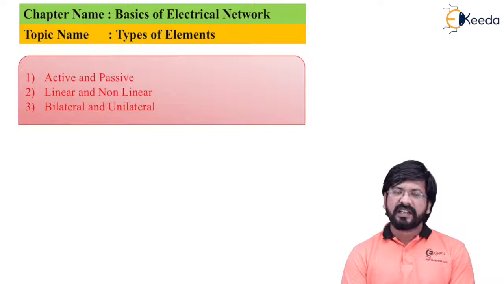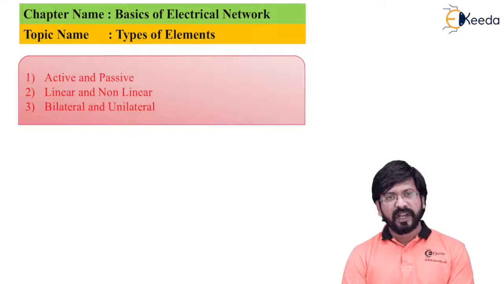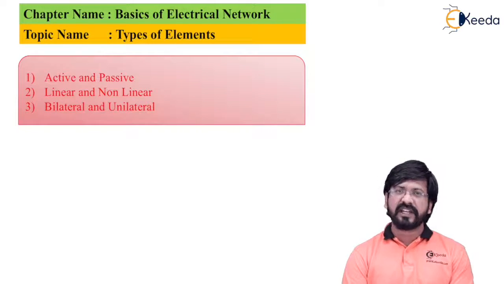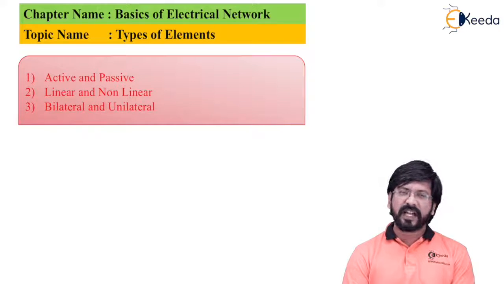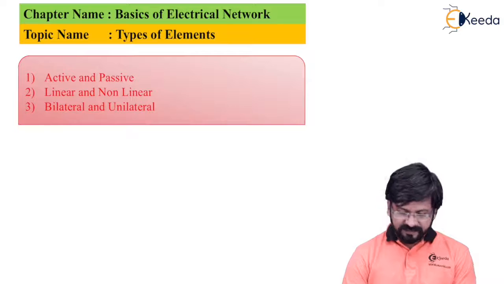Whereas if you take the example of a diode, if a forward voltage is given, it is forward biased and it gives you some characteristic in the first quadrant. Whereas if the diode is reverse biased, then you see a different characteristic in the third quadrant. From this, we can conclude that it is not behaving in a similar way in opposite quadrants. So I can consider that device as a unilateral element.